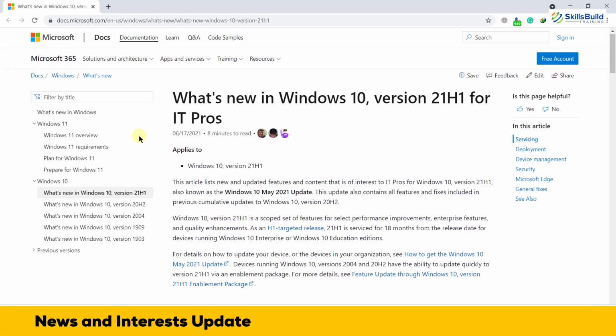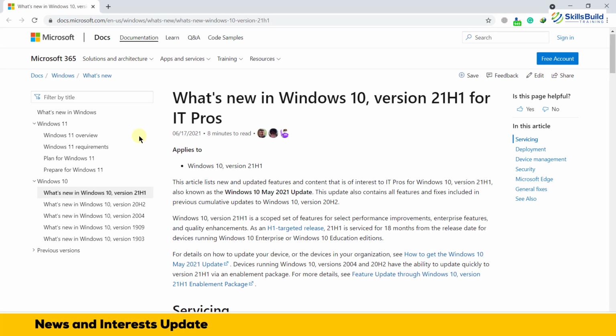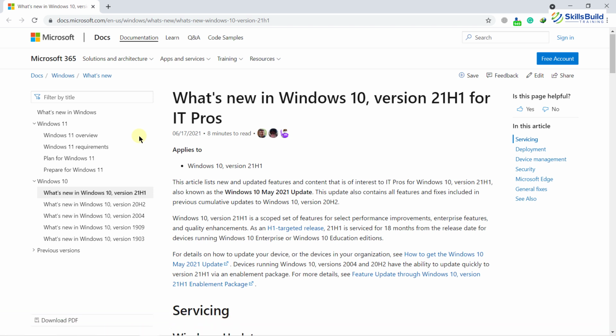Another cool feature which has been added in this Microsoft update is News and Interests. Some people are having a problem with this feature as they are not able to get it, but I was lucky enough and now I do have that feature. Technically, it is not part of the 21H1 update, but Microsoft said that it will be rolling out, which means some people might get it and some will get it in the future.